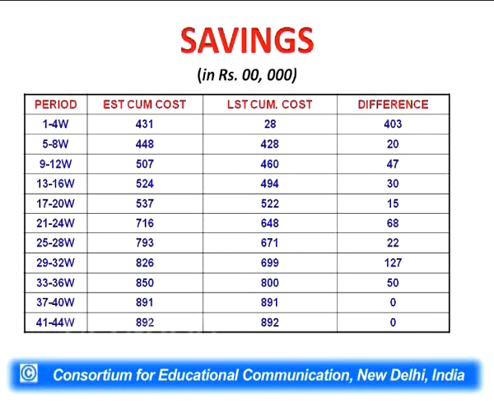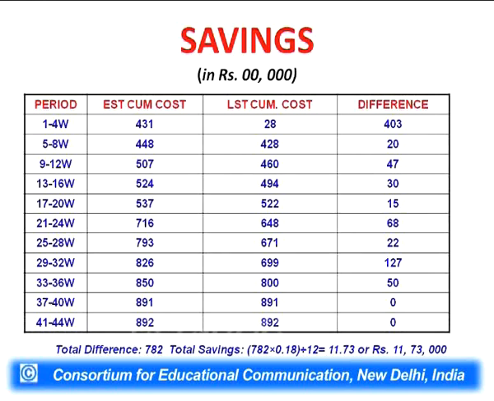If we see the difference, 403, 20, 47, 30, 15, 68, 22, 127, 50, 00. If we total them, this is the amount which will be saved if we use late start time. Total difference is 782,000 rupees,